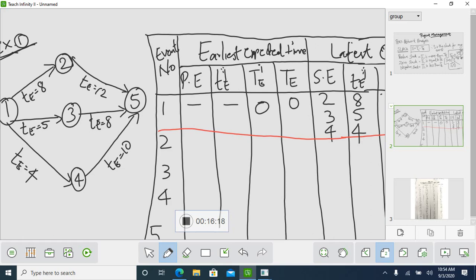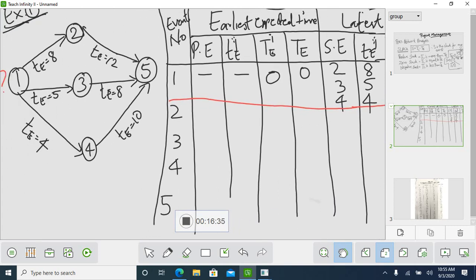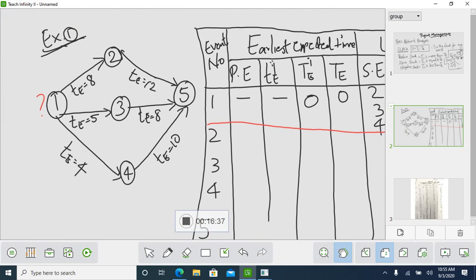So TL will be calculated only if you find TE. So stop till here. Once we find all the earliest expected times, then we'll go for finding TL. Okay. So next move to the second event for earliest expected time. So if you see earliest expected time 2, what is